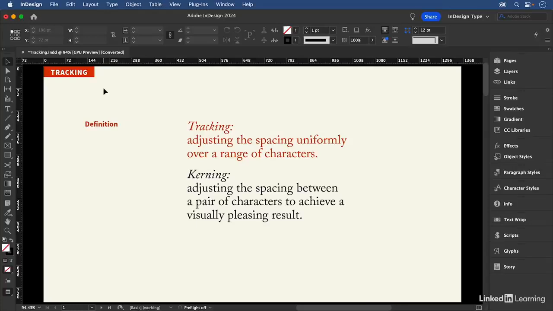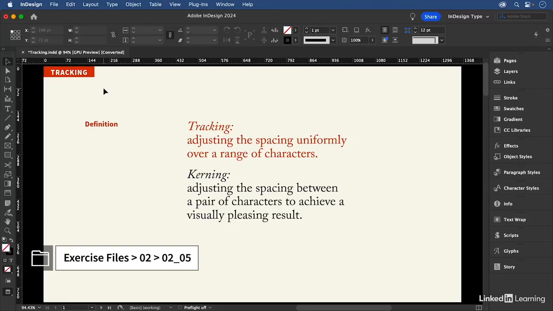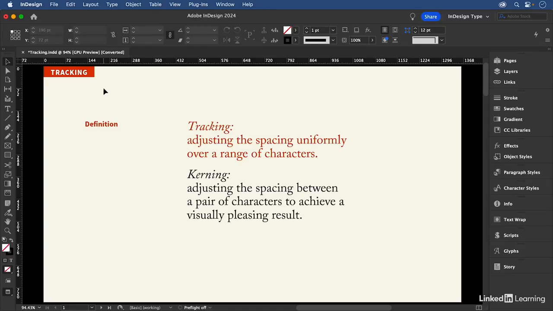Previously, we saw leading, the space between the lines. Now we're going to move on to tracking, the space between the characters. Tracking has a close cousin, kerning. This is the distinction between the two. So tracking is when you are adjusting the space across a range of characters. Kerning, which we'll be covering in the next movie, is when you are adjusting the space between a pair of